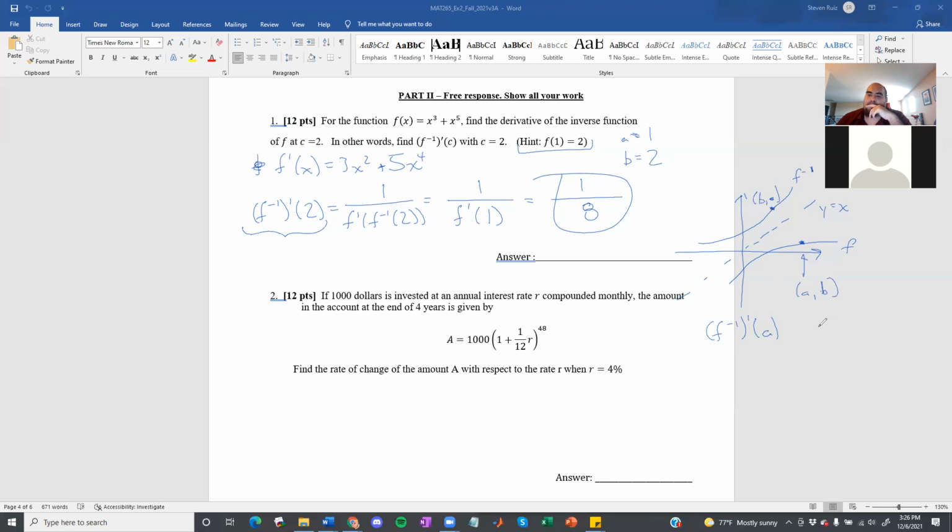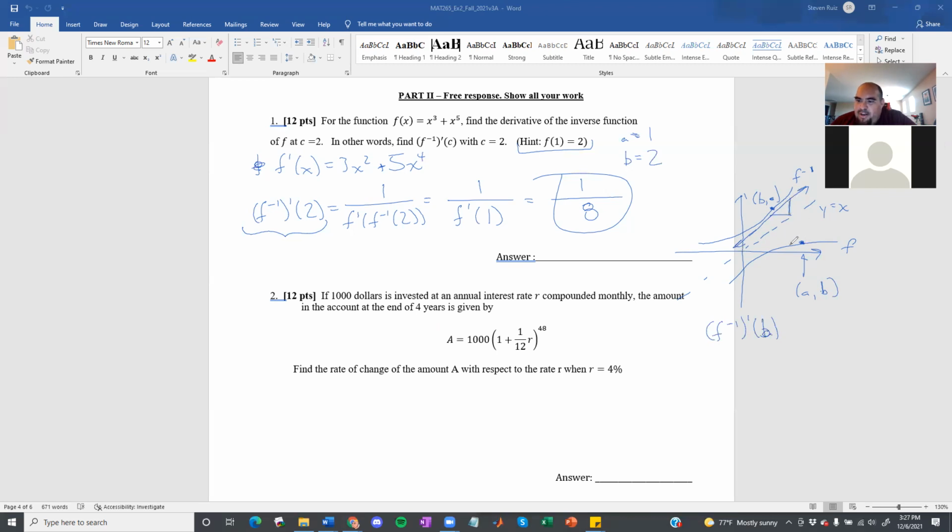Actually, which can also just be written like you wrote it right there. 1 over... let's do b instead. Because in the way that I drew it, b is the input to the inverse, right? So I'm going to draw a tangent line here, which didn't even come close to touching, but I don't care. So this right here is going to have a slope of,